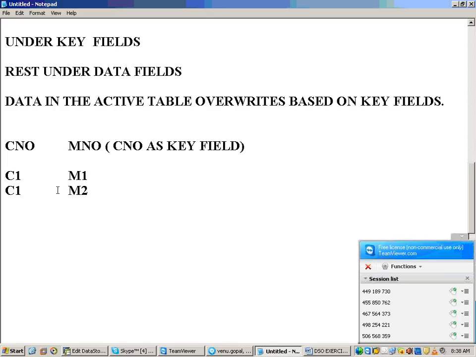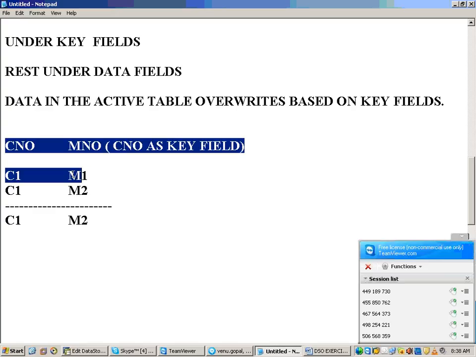It will not allow any duplication. Now which is the key field now? So C1. What happens? C1 M1 will be overwritten by C1 M2. That means how many records in the DSO now? Only one record. But suppose you select both as your key fields,